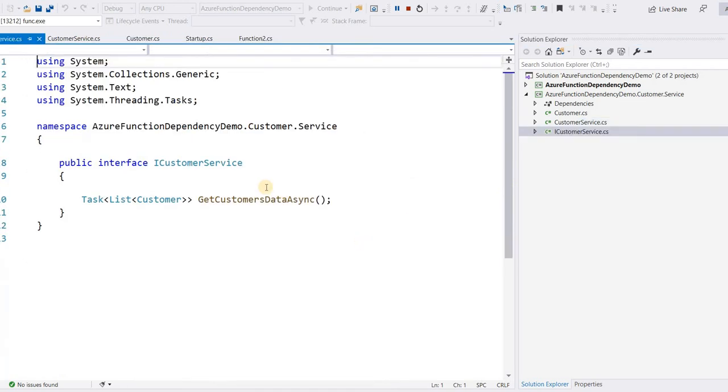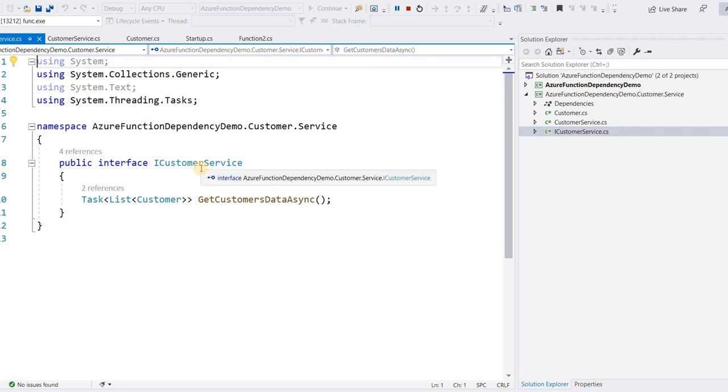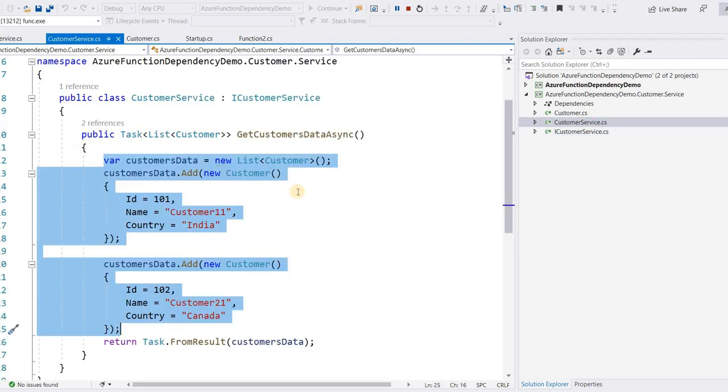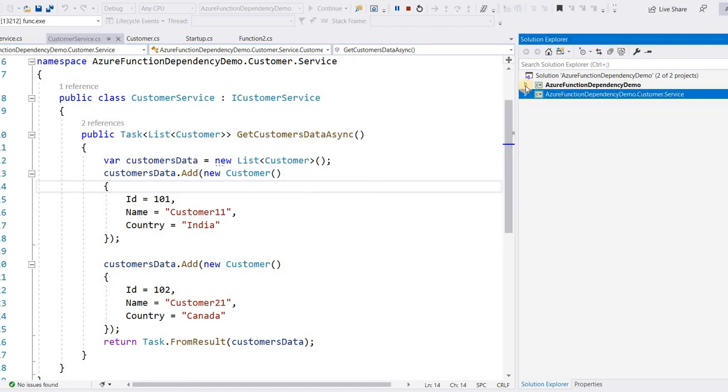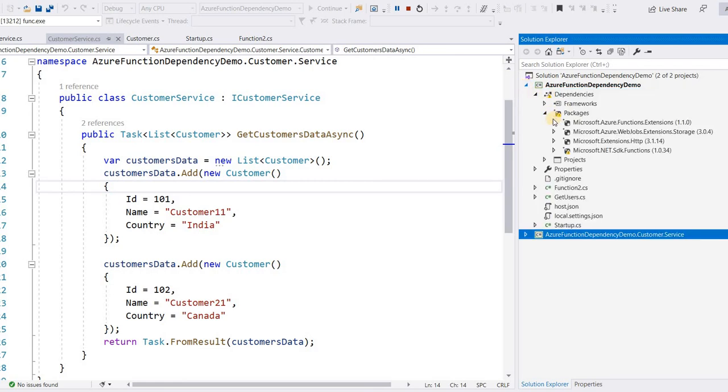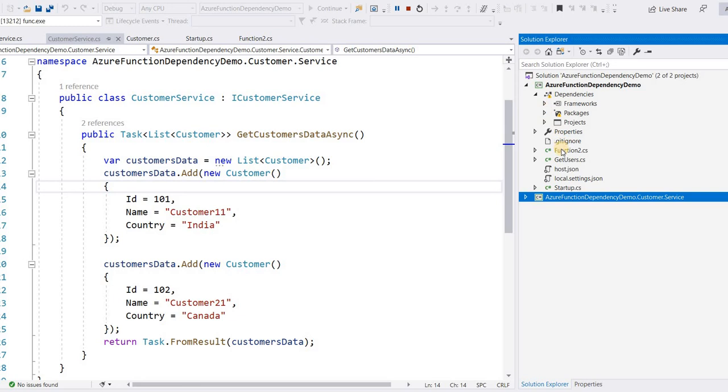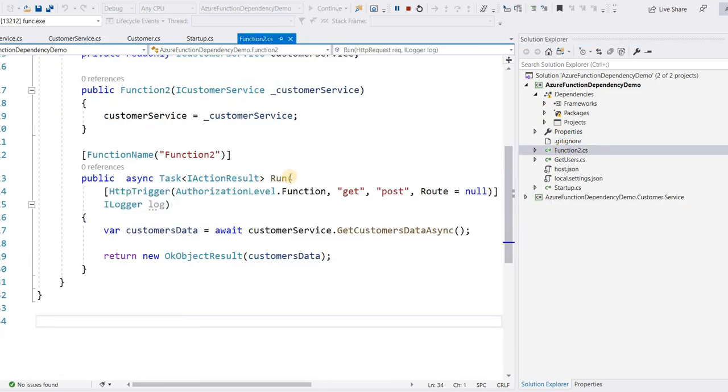And this is the interface that we have created. So this is the normal thing that we do. Now I want to access this dummy data in my Azure function. So what I did, I just right clicked on the solution and added an Azure function in my project. After installing the prerequisites, I created a function 2.